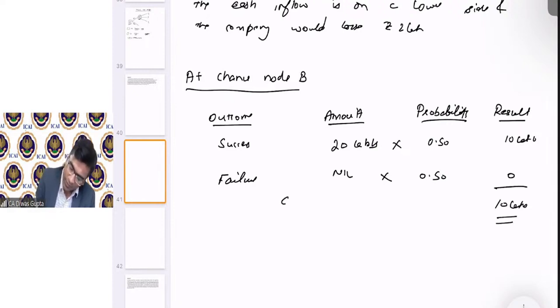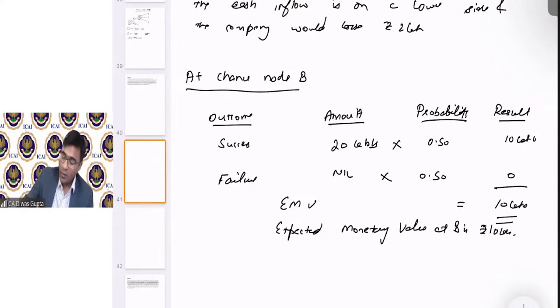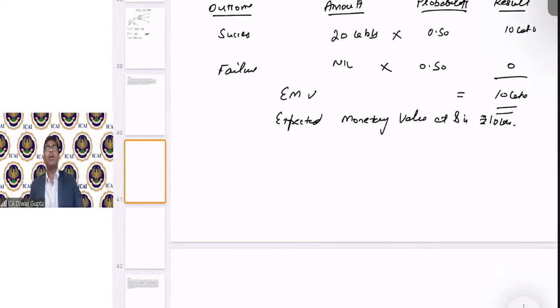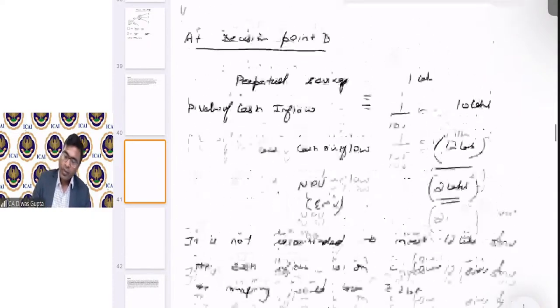So this becomes our EMV, expected monetary value. So students, now note, since your expected monetary value at node B is 10 lakh rupees, now let's come to